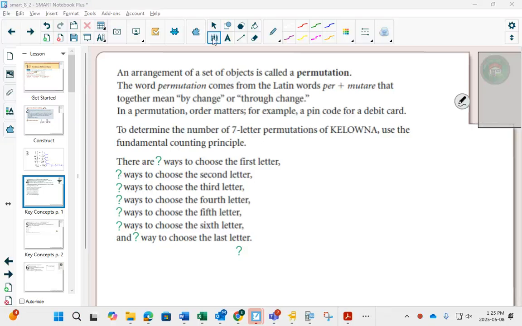Definitions for the day. First of all, our first important definition is permutation. And I want you to write beside it, order matters, because a permutation comes from how many ways you can rearrange the letters or the order of objects. So what happens is if you took Kelowna and you were going to rearrange the letters, you would actually